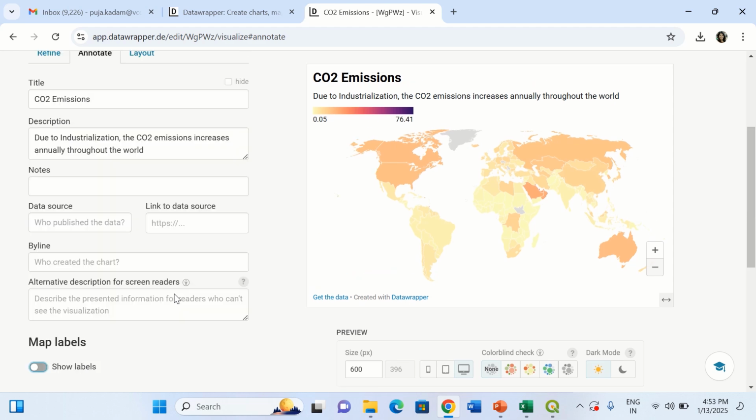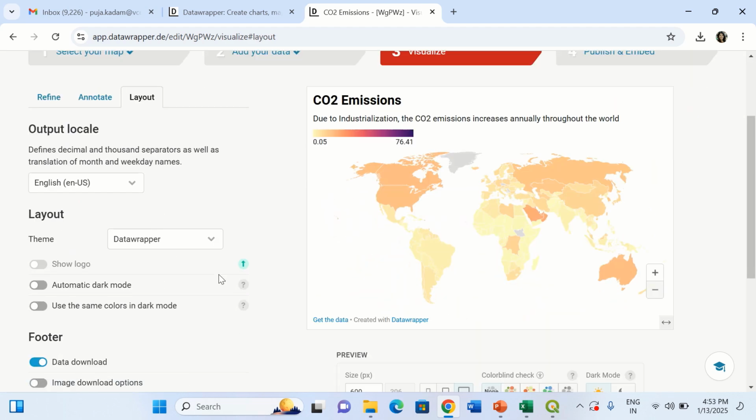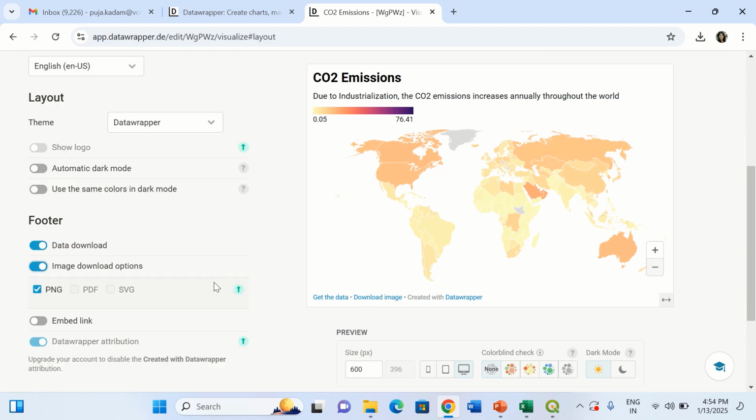Okay. Then next, go to layout. Then there are other more options that are available. Then I'll enable image download options so that anyone who goes to this map through the link can even download it. They would get this download image option to download the map. Okay, so whether you want it in PNG, PDF, or SVG format, you can do that. I'll also check on embed link. Okay, see,